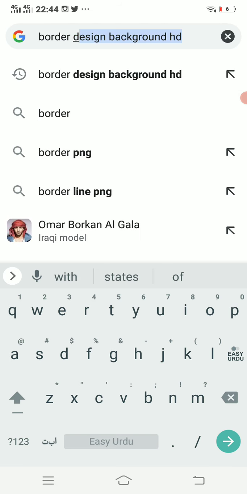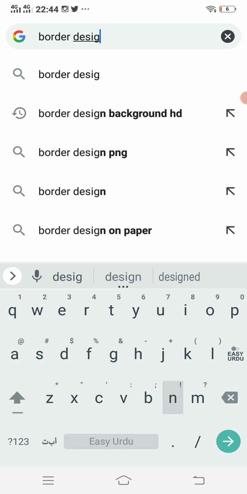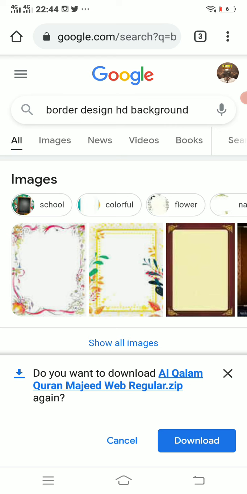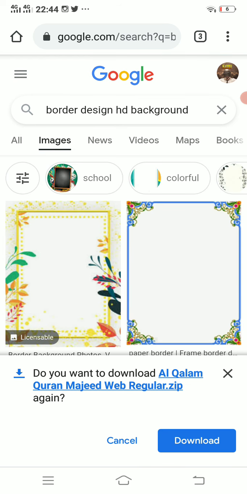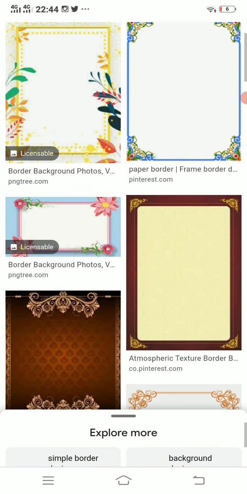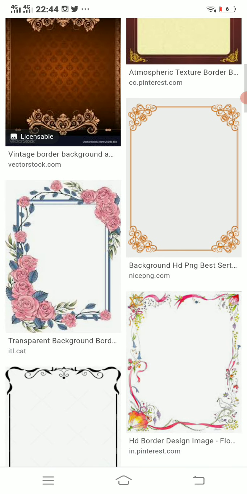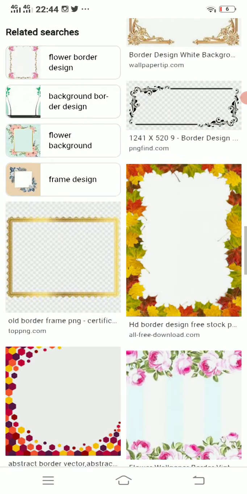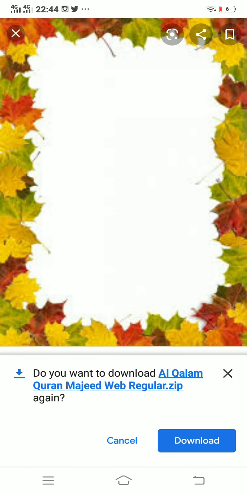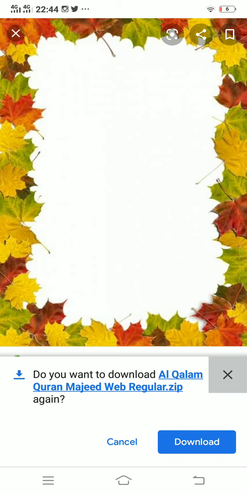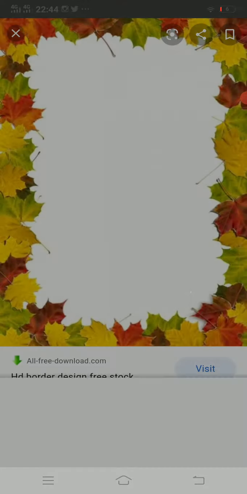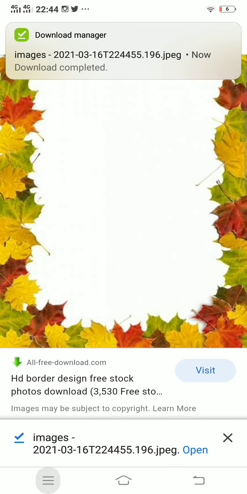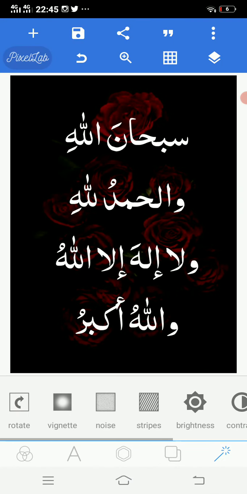Border, design, HD background. You can write the proper word for it. So if you type border design background, it can show you a lot of borders. So you can add various types of borders to your text, in your Islamic post. I just downloaded this type of border, so I just need to